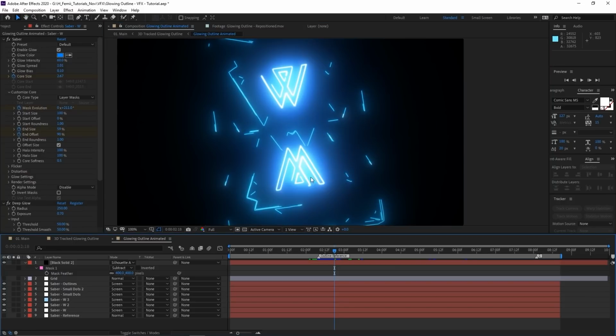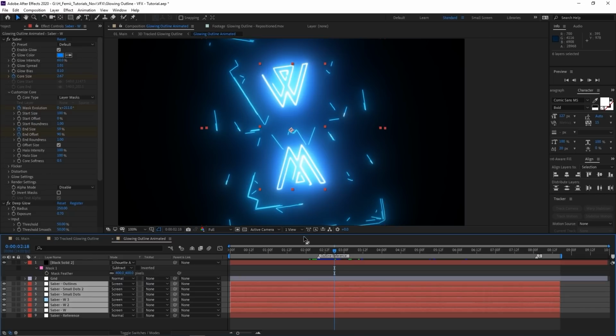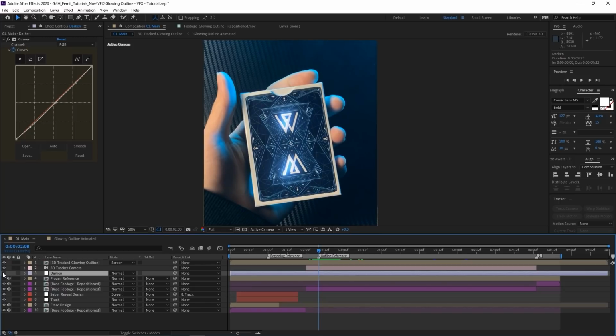Now as you can see, instead of just one layer of applying Saber, I created a few layers, all isolating different parts of the design. So it's up to you on how much time you want to spend on animating the design, but I always believe that the devil is in the details, and that's what sets aside something that looks okay from something a lot more refined. And the other difference is that I darkened the footage underneath to make the glowing outline